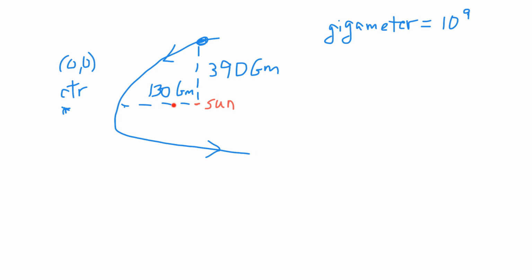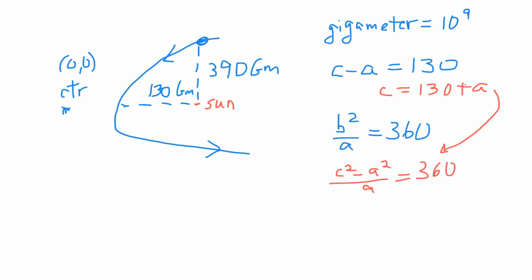And perihelion, the closest it gets to the sun, is 130 gigameters. A gigameter is 10 to the 9th meters. And when the comet is at one end of the focal width, perpendicular to the focal axis, it will be 390 gigameters. We have a theoretical center point out in the middle of space, and